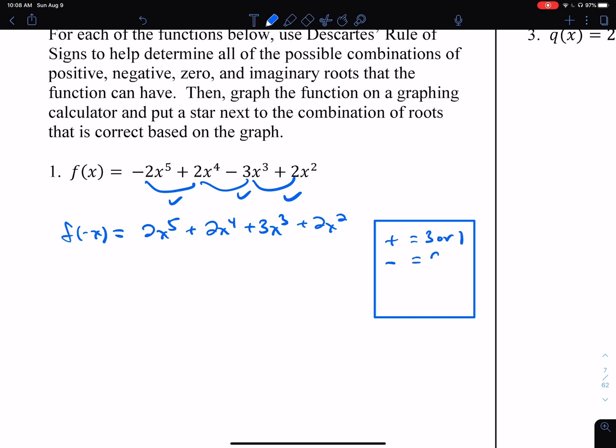So there are no negative roots. Are there any roots that are 0? There are, because we have no constant. Our GCF that we could factor out of this is x squared. That means that we know for sure there are 2 roots that are 0. So the graph is tangent to the x-axis at 0. That's what we know. And then as far as imaginary goes,